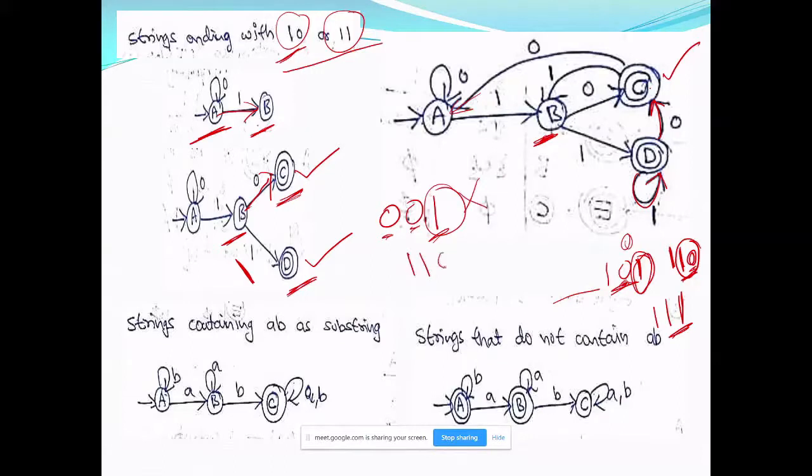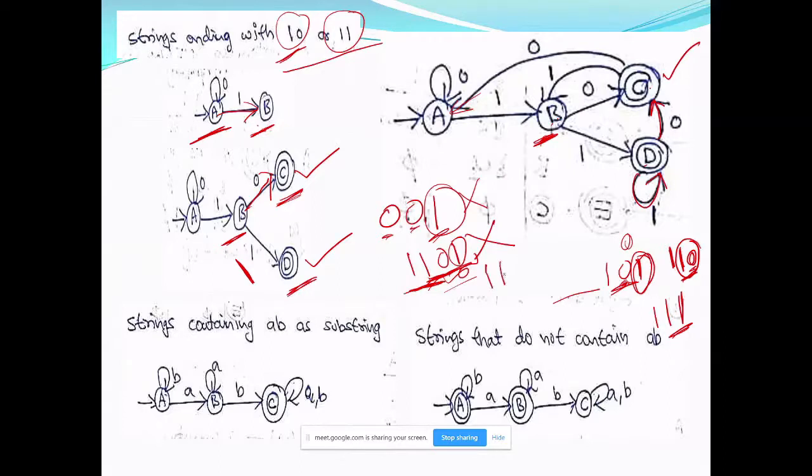Now suppose I go for 1 1 0 1. Then A on 1, B, B on 1, D. You actually have to use delta star, but I am just showing you pictorially. So B on 1 goes to D. You see 1 1 is there at the end. Now from D if you get 0, then it is going to C. So 1 0, C is for 1 0, right? If it is followed by 1, so 1 1 0 1, C on 1 is going to B. Now you see the last two input symbols are 0 1. Among 0 1, 1 is required for me, so it is ending in B. But because this is a non-final state, this is not accepted.